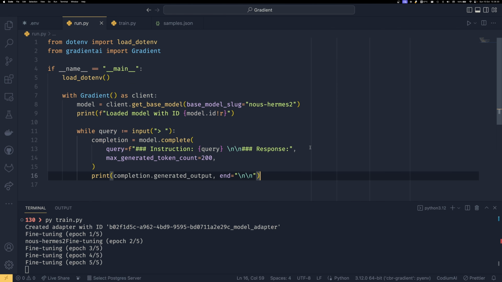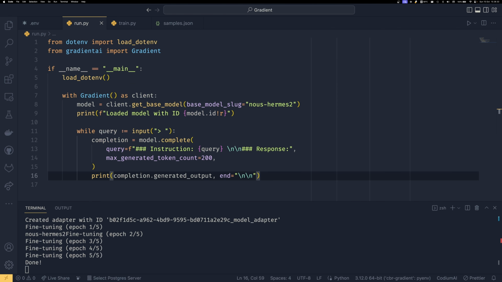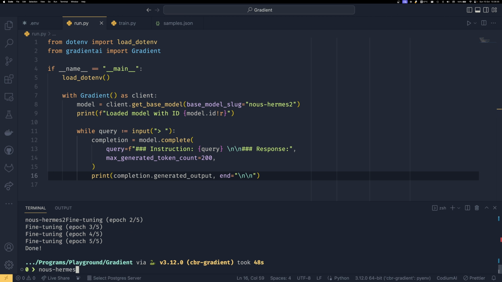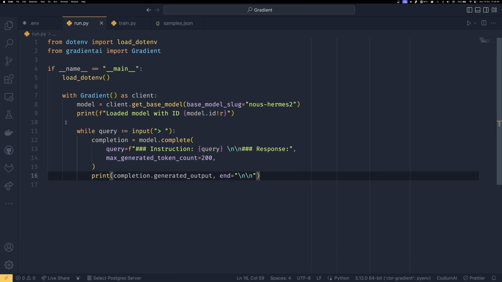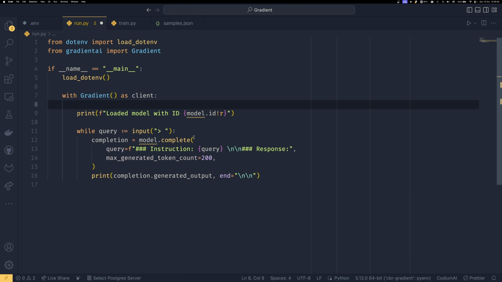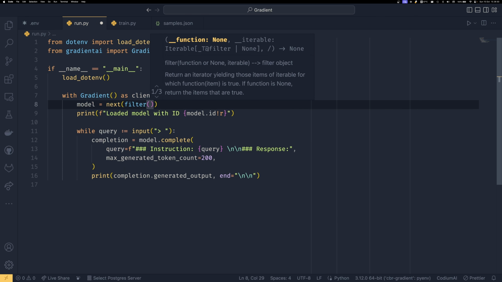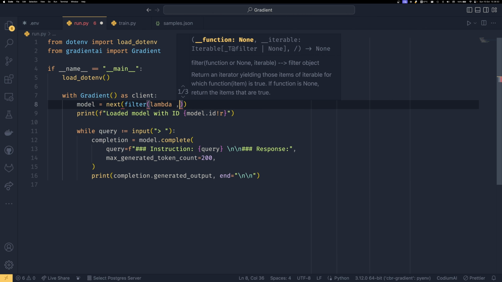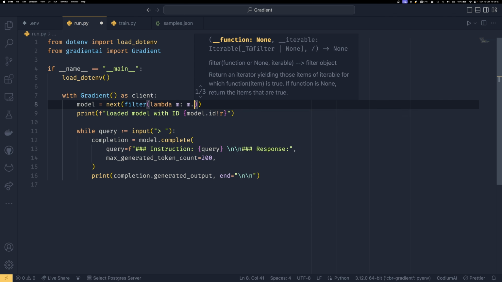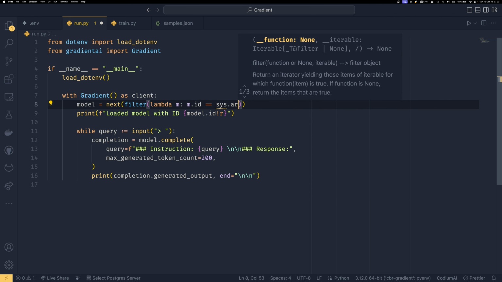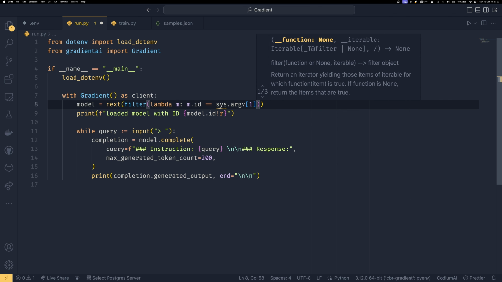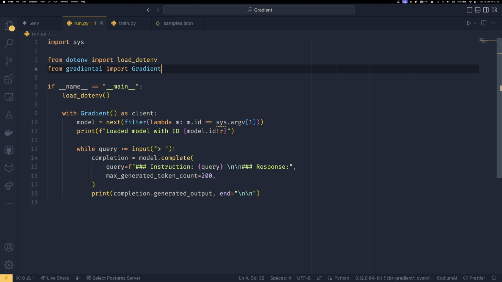While it is training, actually, we can go back and tell our run script to use the model we want. It's done now, so we can just close that and do this. Instead of using this line of code in our run, we just want to do model equals next, and we want to do a filter and specify lambda m, which is the model object, and then m.id double equals sys.argv[1],